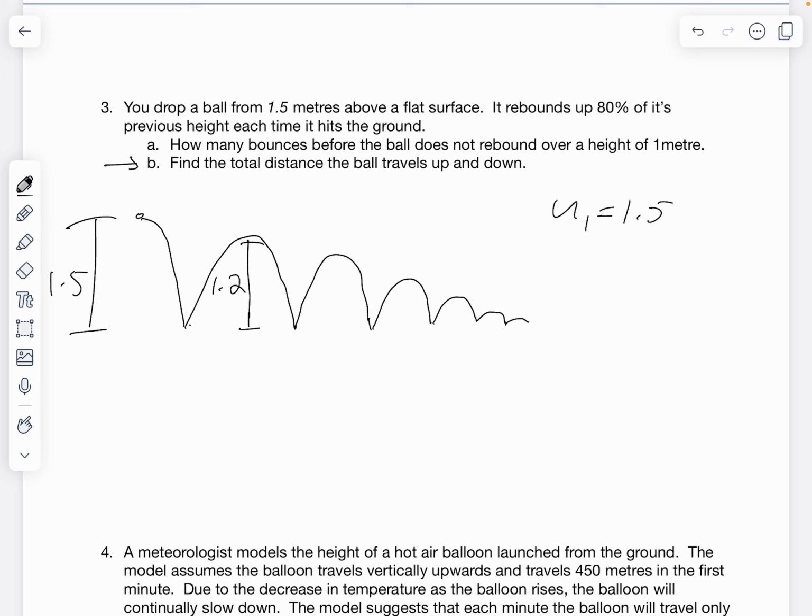So the first question is, how many bounces before the ball does not rebound over a height of 1 meter? Two ways you can do this. First of all, we're already at 1.2, so it's not going to be very many. If you do 1.2 times 0.8, let me do that in my calculator here, 1.2 times 0.8 gives me 0.96. Already, we have our answer. This is 0.96. So it looks like it bounced once, twice. So A, after the second bounce,